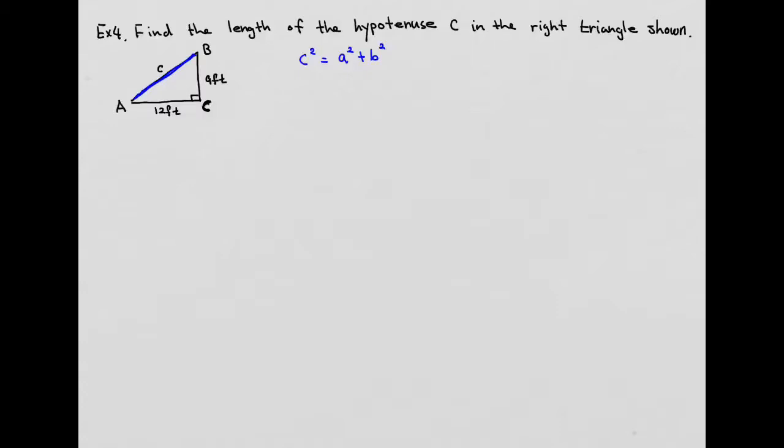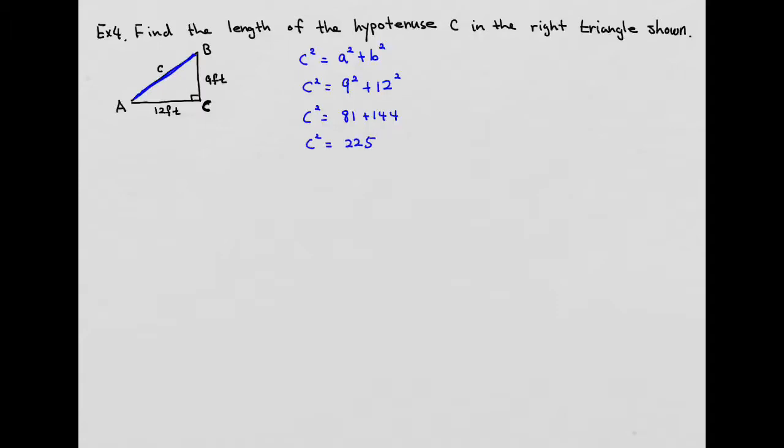If we wanted to use this to find the hypotenuse, we can replace the values, and you can name them whatever you like. So 9 can be a and b can be 12, and c squared will be 9 squared, which is 81, plus 12 squared, which is 144. So c squared should be